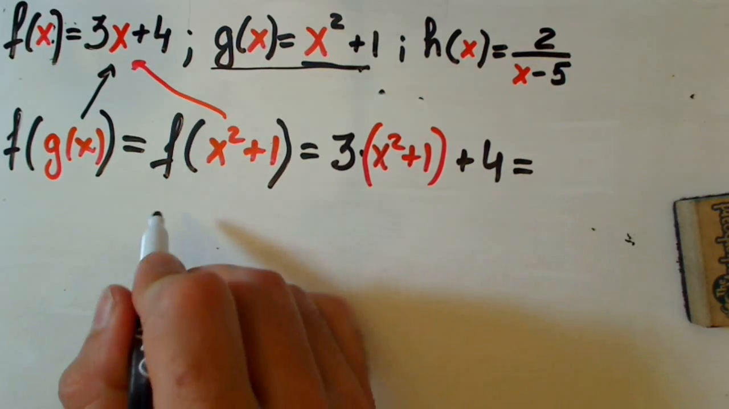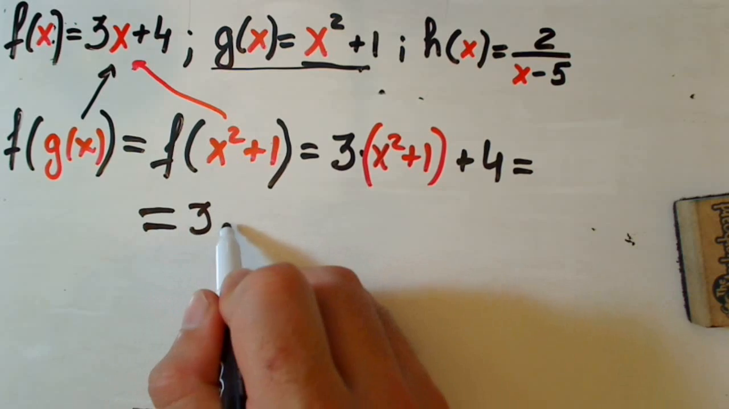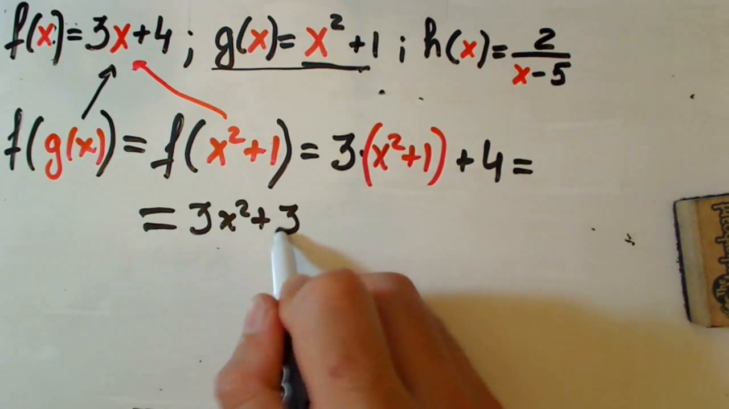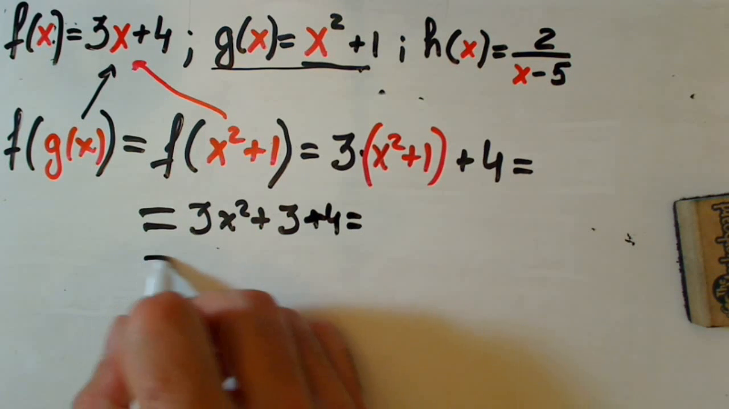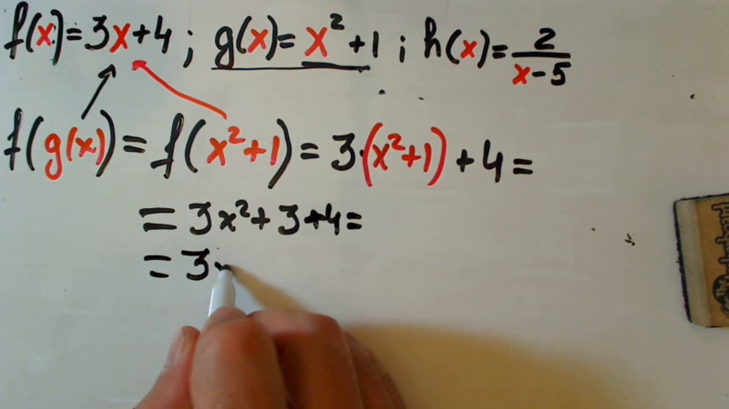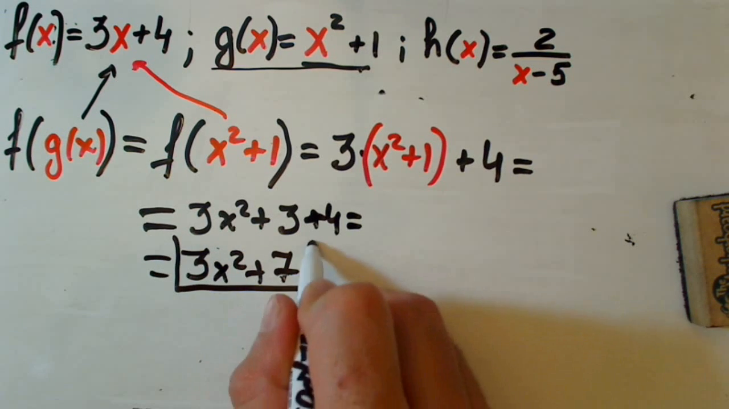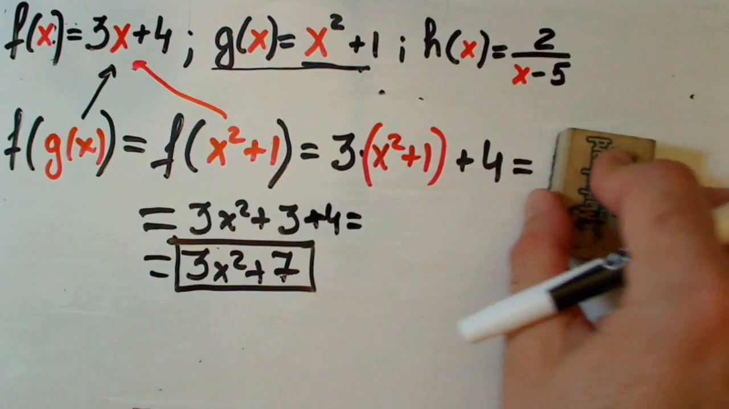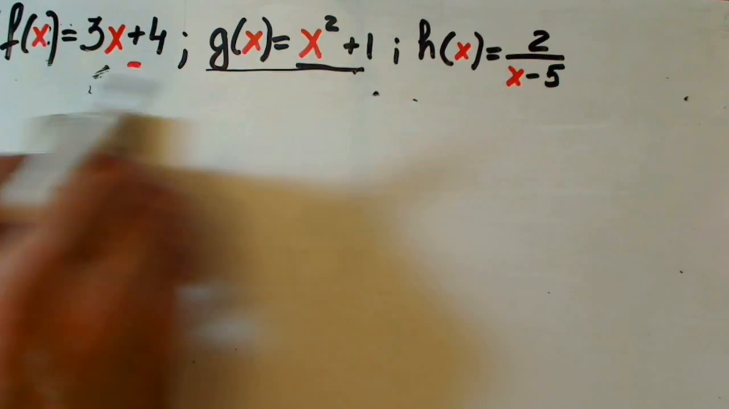Now let's simplify it. Distribute 3, and we have 3x squared plus 3 times 1 plus 4. And what we have is 3x squared plus 7. This is our composition of functions, or result for f of g of x. Now, next example will be